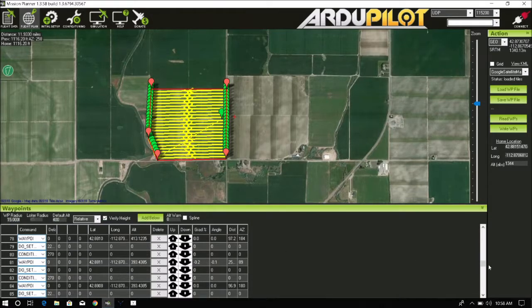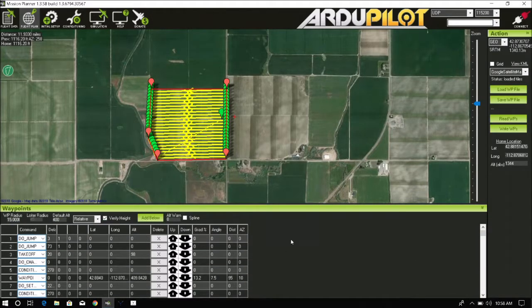So basically at the beginning it has a do jump command, which skips to the third waypoint, and then this will tell the drone to do half of the mission and it'll get to the 73rd waypoint. So if we scroll down,